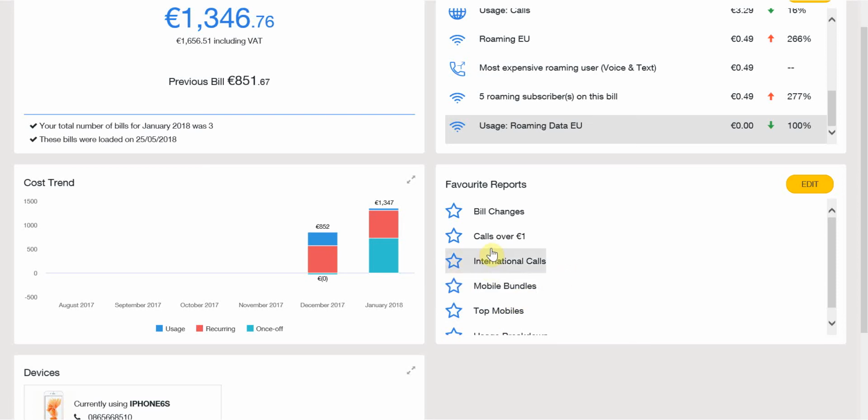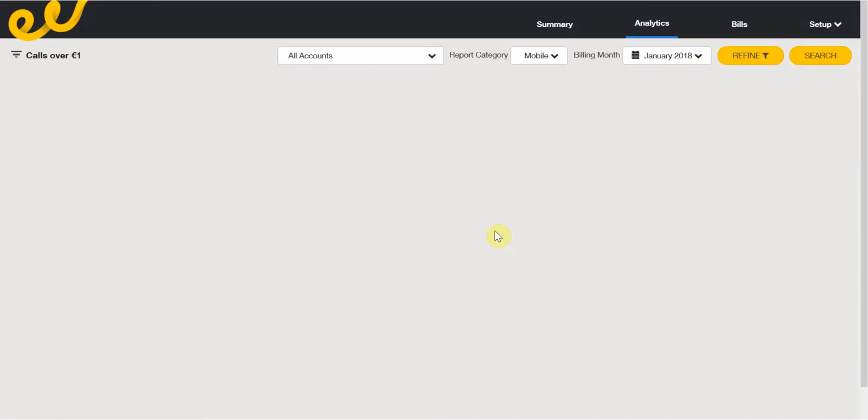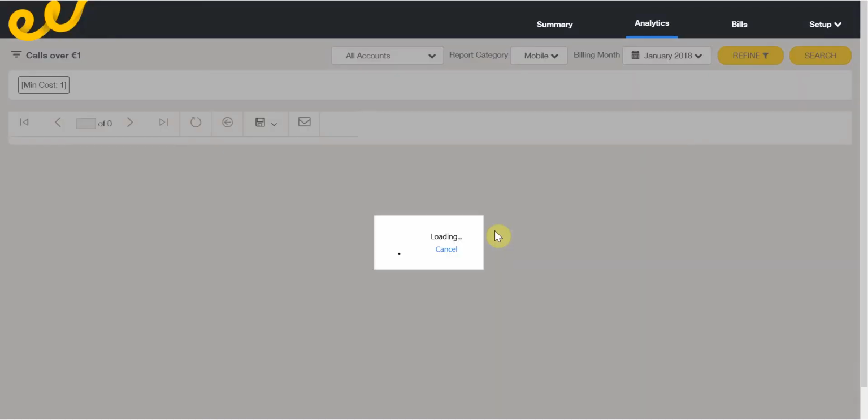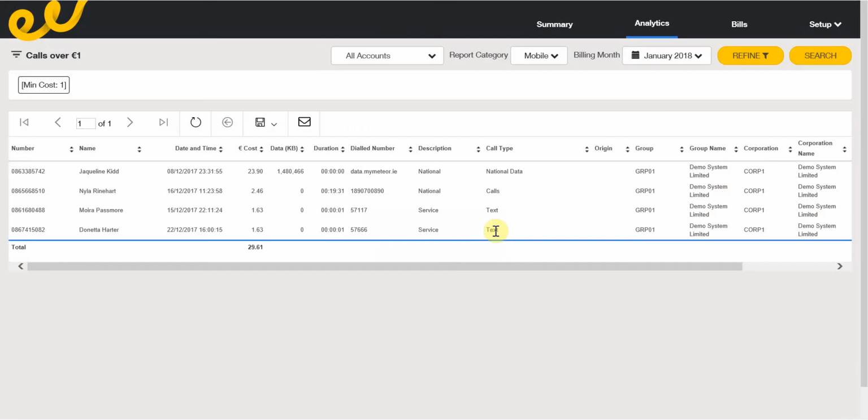And if I go into those reports, it's just a report showing exactly what I want. So Calls Over €1, for example, if I go into that one, it is what it is. I've called it what it is. I would have applied a call filter, which I'll show you in a minute, for anything over €1. So it should show up any data sessions on my smartphone or anybody's smartphone, any calls. You can see there at the top of the list there is a data session for 1.4 gig costing just under €24. Next one is a call, someone calling an 1890 service number for 20 minutes costing €2.46,